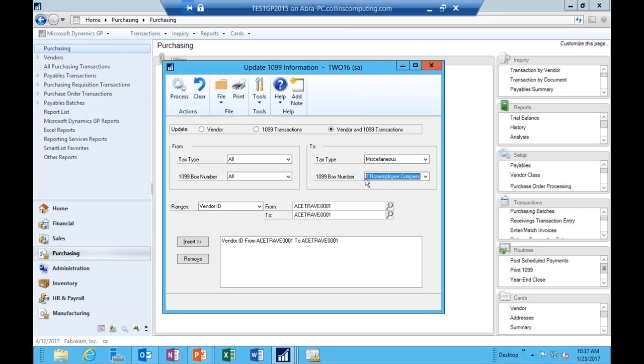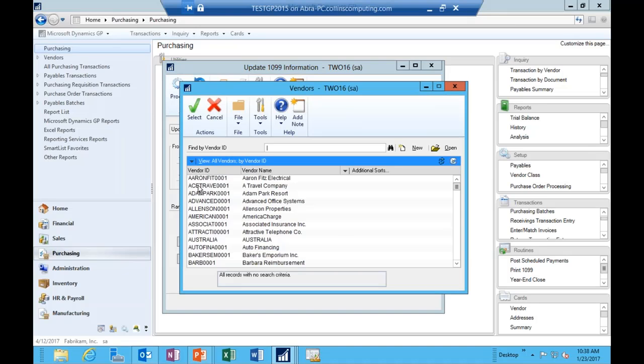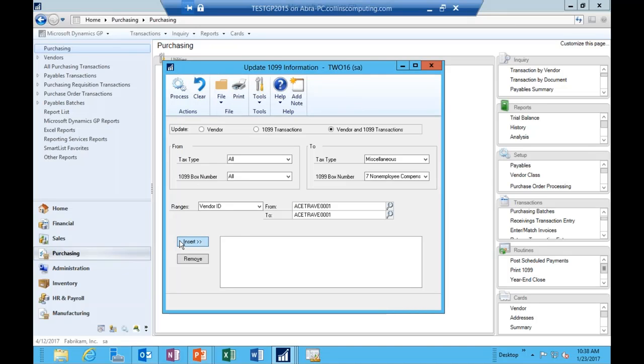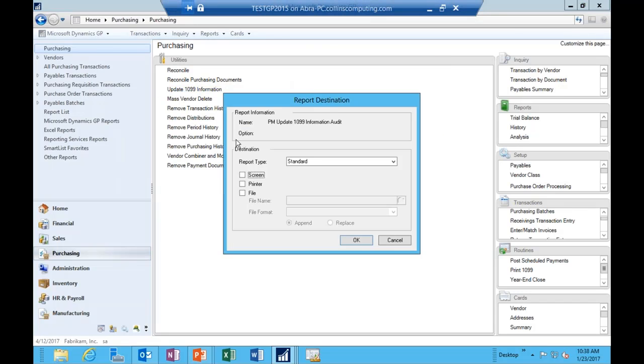If I do change this, then make sure that you still have this selected, because what I've seen before is if I change the type up here, see how that goes away? So just make sure that whatever you're changing, that your options are still selected down below. So now if I hit process,